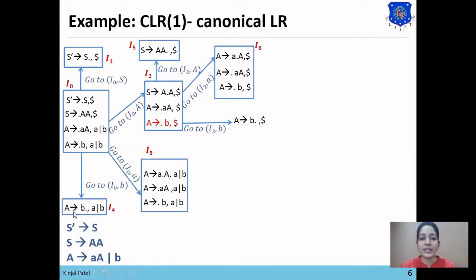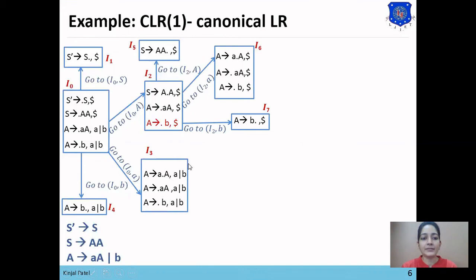Part 1 matches the I4 set, that is A derives B dot. So part 1 is the same as I4, but the look ahead are different. So we will not represent this set as a repeated I4 set. We'll represent this set as the new set I7, because the look ahead are different in both sets.